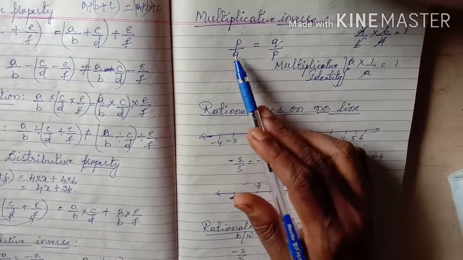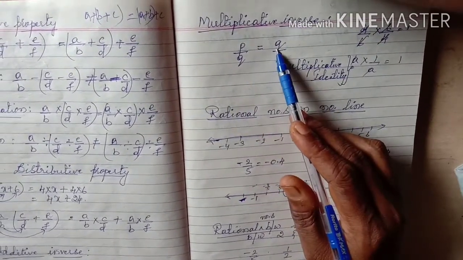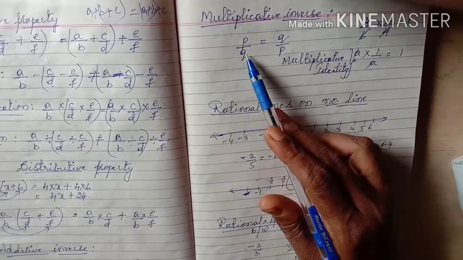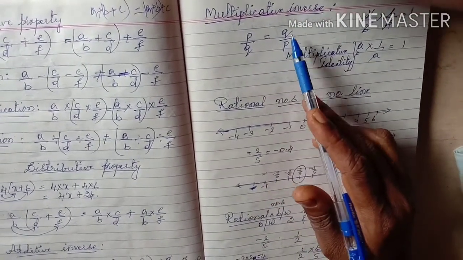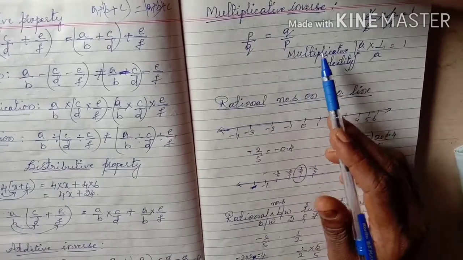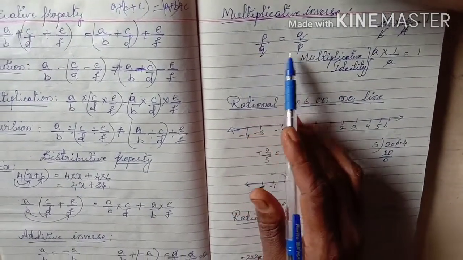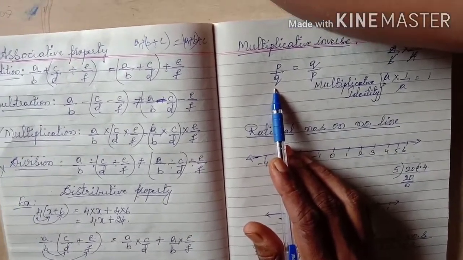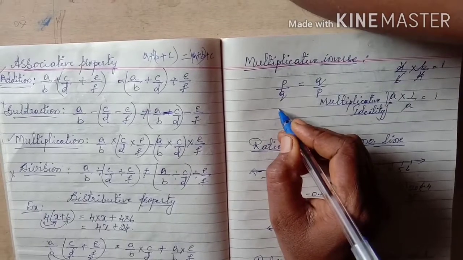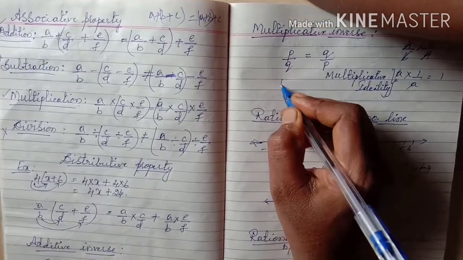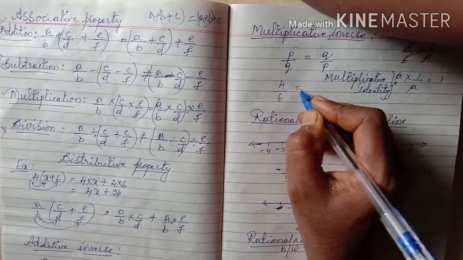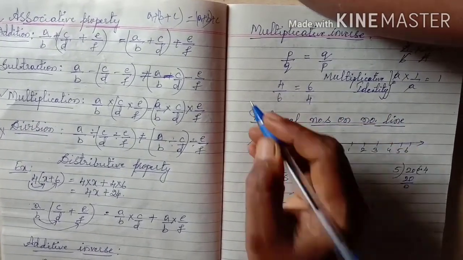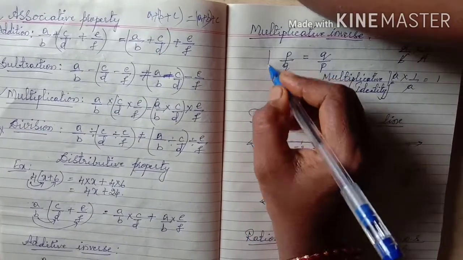Okay. So, that means the numerator we write in the denominator and the denominator we write in the numerator. So, q/p. For this also we can give many examples. For example, 4/6. What is the multiplicative inverse of 4/6? The multiplicative inverse of 4/6 is 6/4. Okay, children? And like that, we can give many examples.